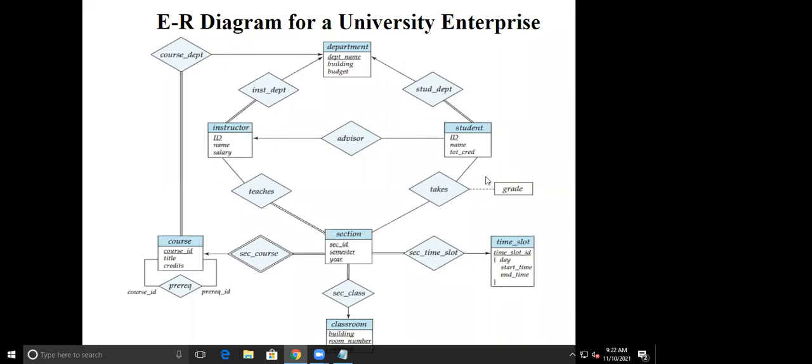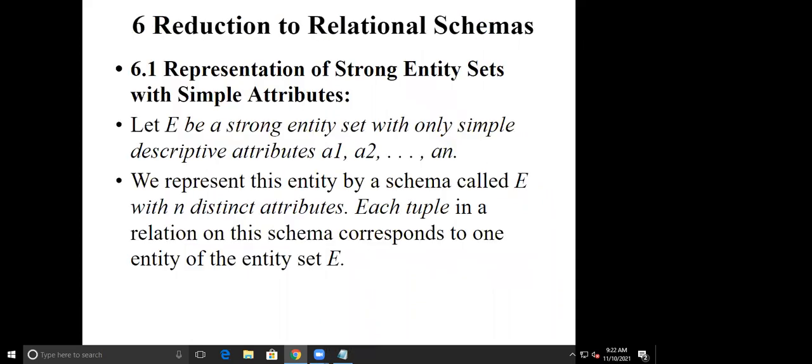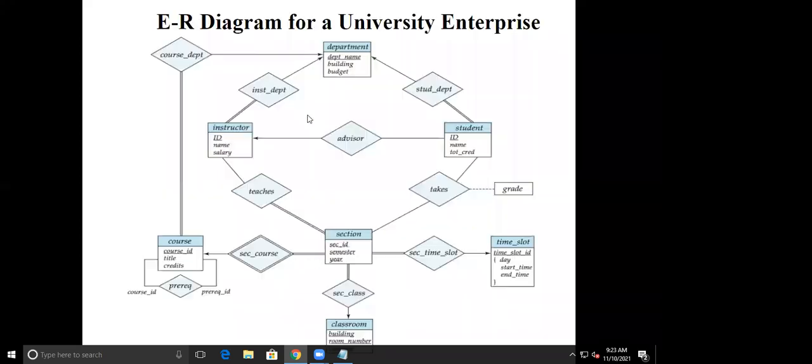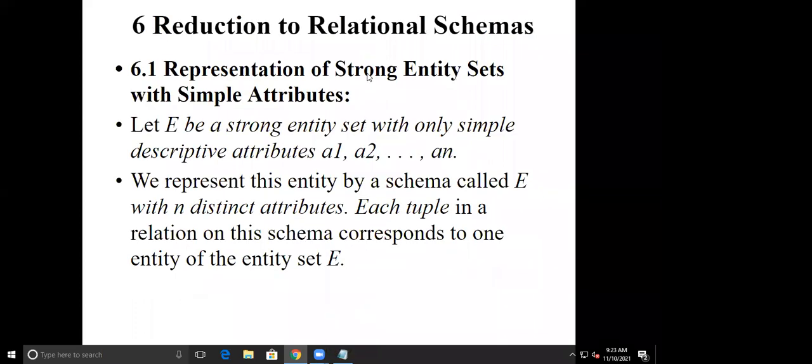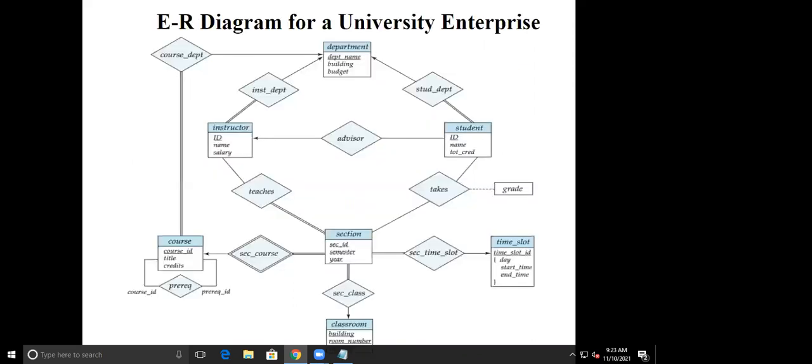Okay, so let us see how we are representing a strong entity in a relational model. Relational schema: representation of strong entity sets with simple attributes. Simple attributes, just like I'm having department name, building and budget. Okay, so these are single valued and simple, that is atomic in nature. So whenever we have a strong entity, for the strong entity we create a separate relation, just like a separate table